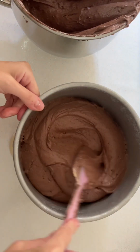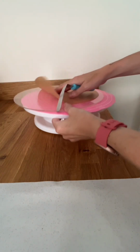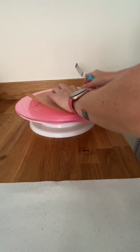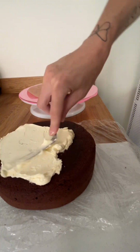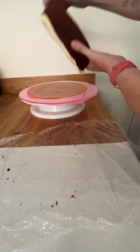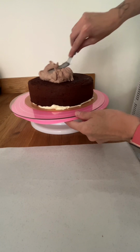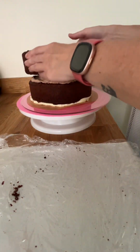Let's decorate this 3-layer 8-inch chocolate sponge cake with chocolate buttercream filling. So I like to use the upside down method when I'm decorating buttercream cakes, and to do that I have a round ganache plate and I just attach a round circle of baking paper to it with some ganache, and then this is going to be the top of the cake, so I cover the whole lot of it with my cream buttercream and flip it upside down onto the baking paper, and then I fill my cake with chocolate